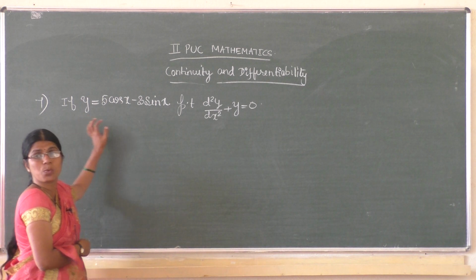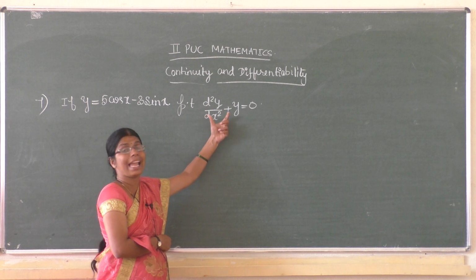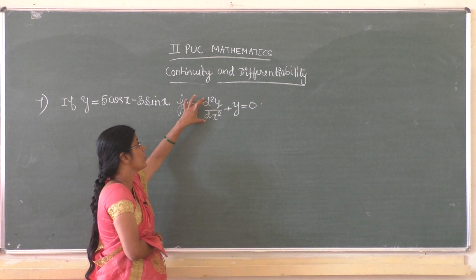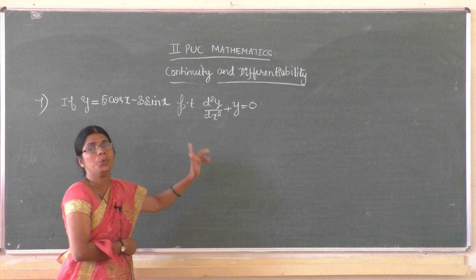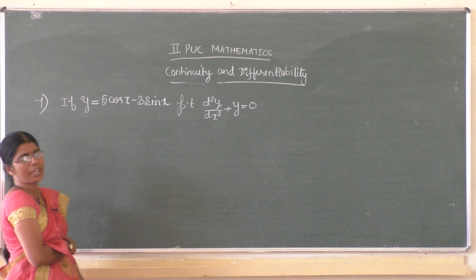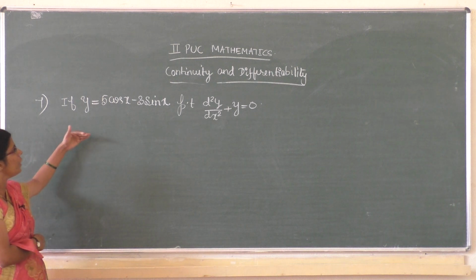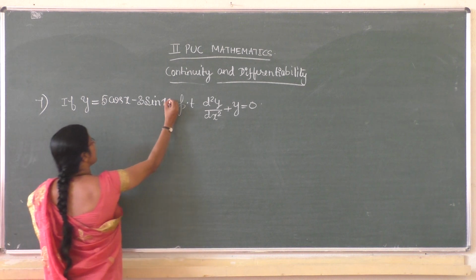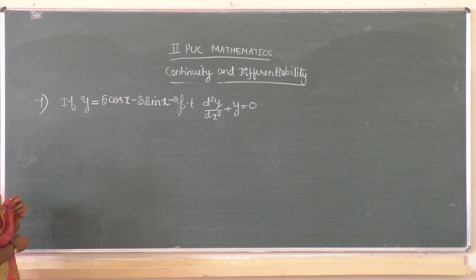So in that case what we do, we consider this particular equation and we take LHS of the equation, substitute here whatever is given, that is you have to substitute for d square y by dx square, and also for y you have to get the right hand side, okay. So that way in two different methods we can solve this, but we use always the simple method, okay. So here what we do, you consider this equation as 1, that is y equal to 5 cos x minus 3 sin x, consider that as 1.